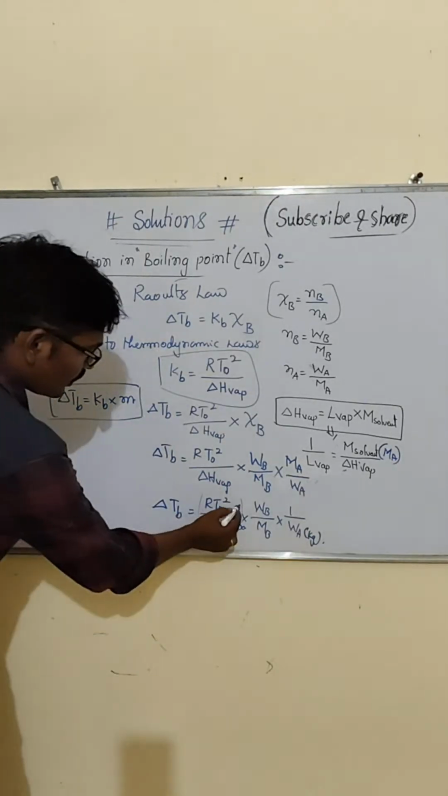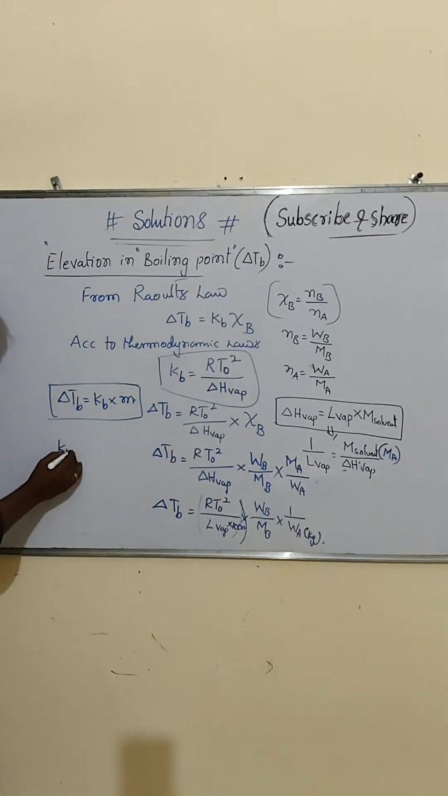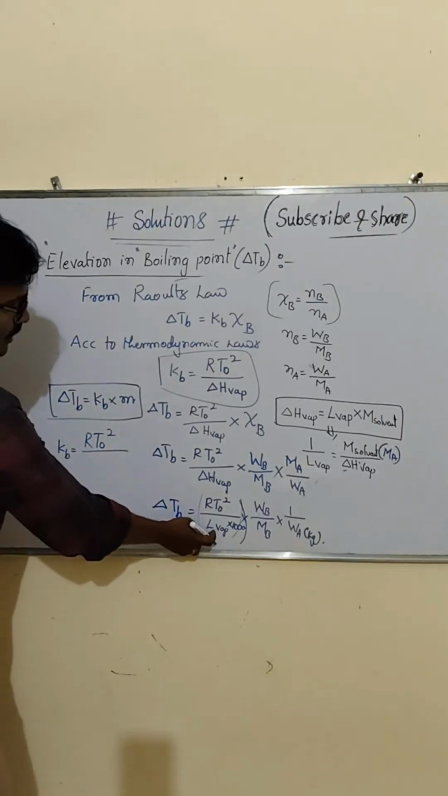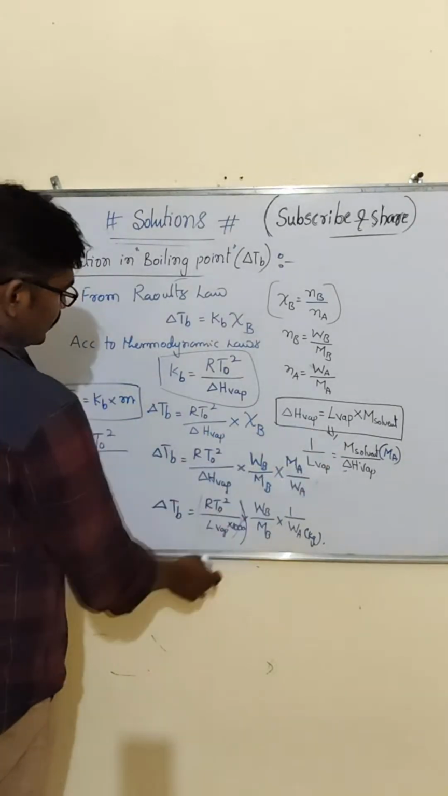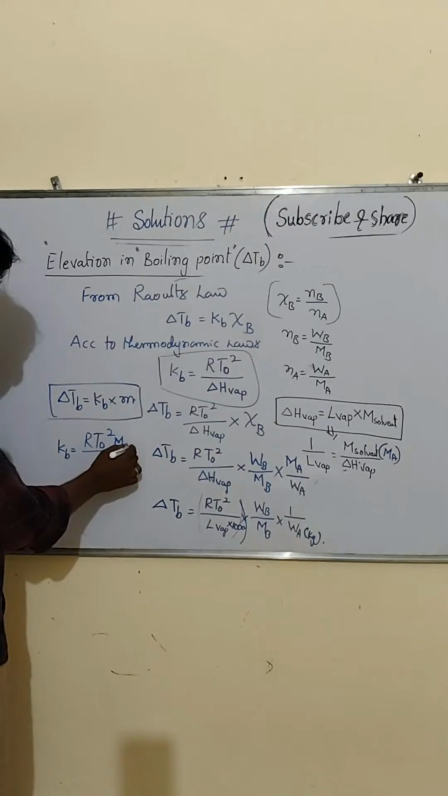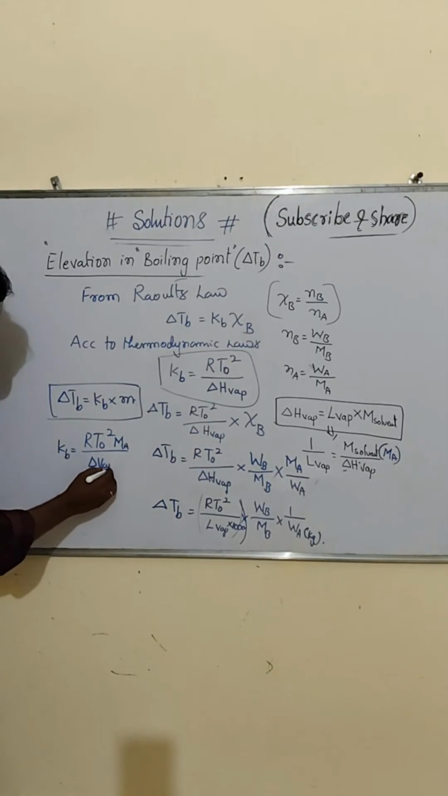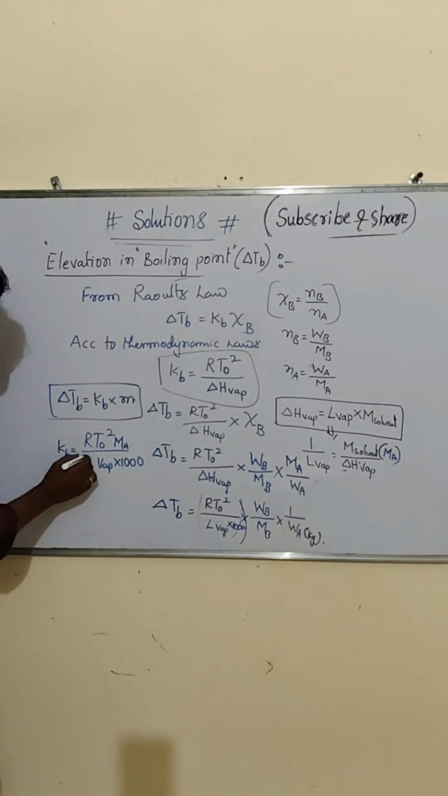So the same formula, in this form, if you take KB equals RT naught square divided by latent heat of vaporization, nothing but what I told: molar mass of solvent, that is MA, divided by enthalpy of vaporization, then into 1000. This is the actual formula to calculate